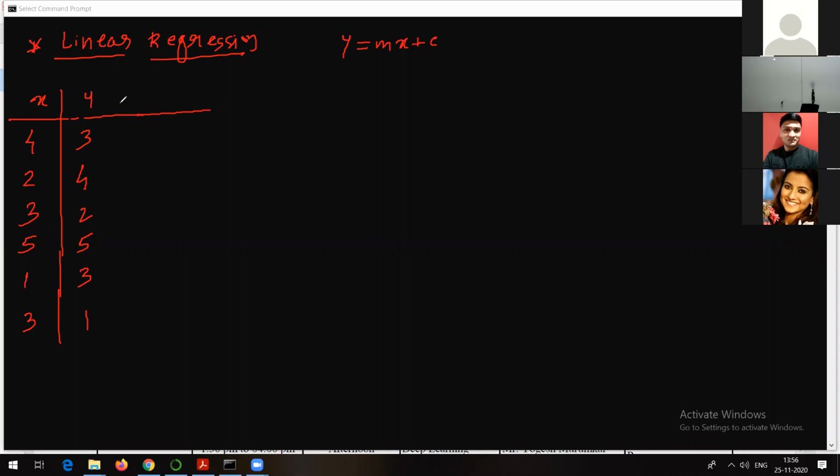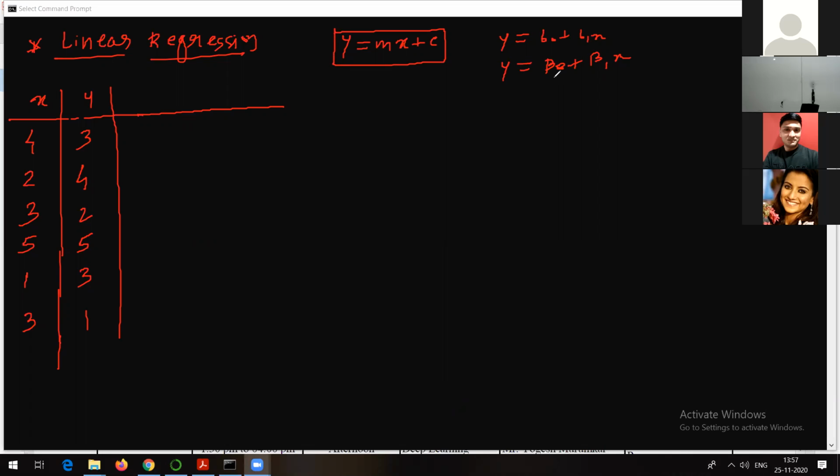So what we can do here is make use of the equation of a straight line, right? So how? Let's try to see. As I have written the equation of a straight line as y is equal to mx plus c, you can write it like this: y is equal to b0 plus b1x, or we can write it as y is equal to beta0 plus beta1x, where beta1 is the slope and beta0 is the y-intercept.